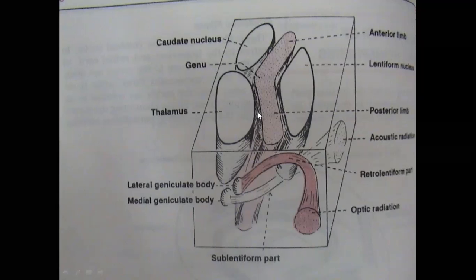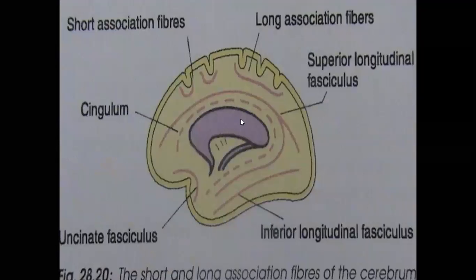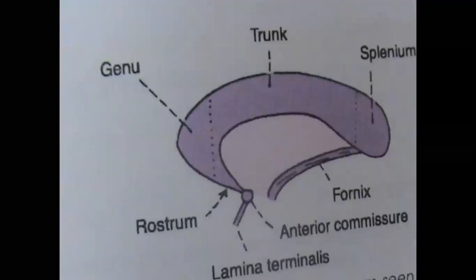So these are the fibers. All these are short note questions. So internal capsule is a short note question. It's a type of projection fiber. It's a V-shaped aggregation of fibers. It lies between the lentiform nucleus laterally, and the caudate nucleus and thalamus medially. So this is the internal capsule. Now next we are going to see corpus callosum.